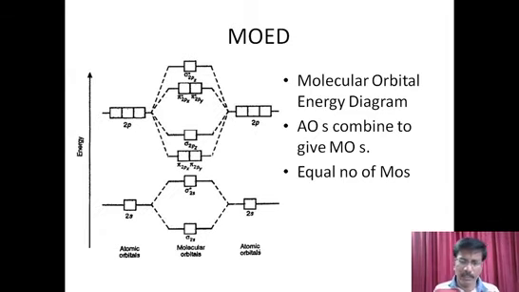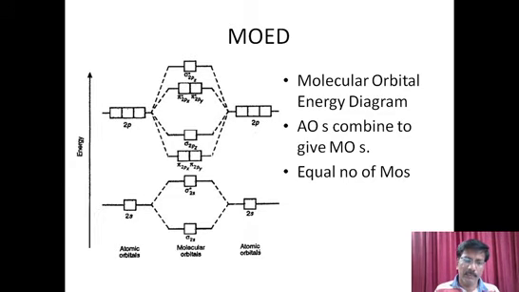Already we know how to represent a molecular orbital. In the diagram, atomic orbitals should be written on both ends of the line, and in the middle we show molecular orbitals, and the number of molecular orbitals should equal the number of atomic orbitals. For example, 2s and 2s at the bottom of the picture. Two atomic orbitals interact to give sigma bonding, because an s orbital always gives only sigma but never pi bonding.